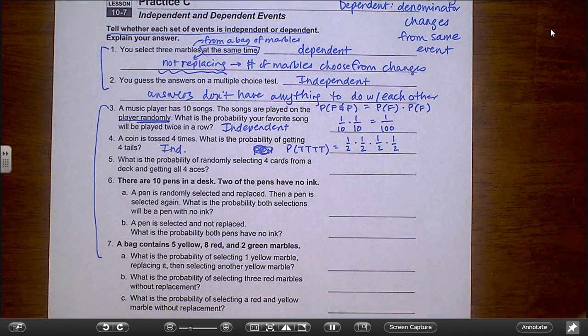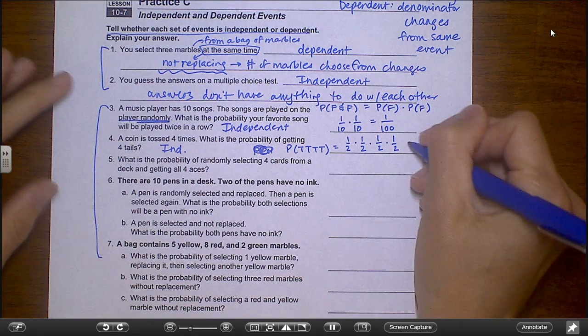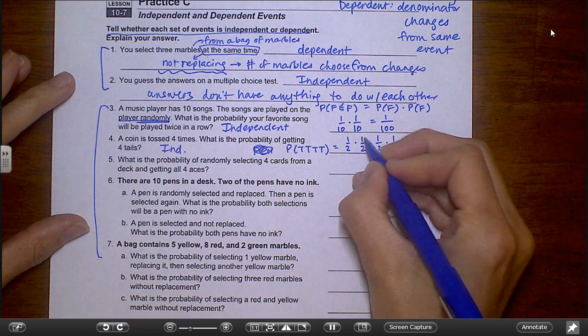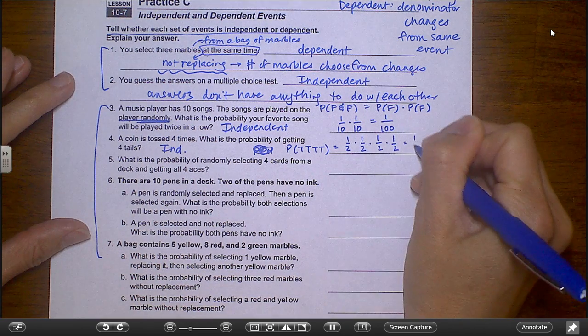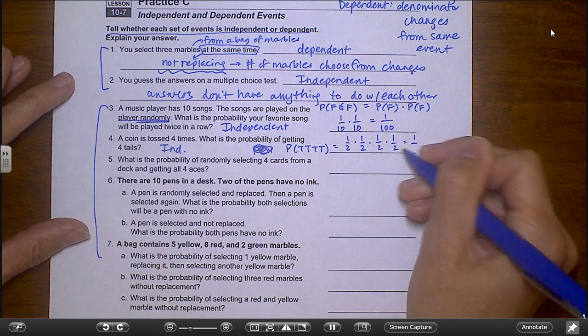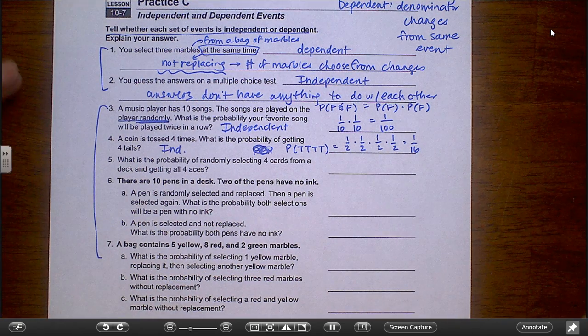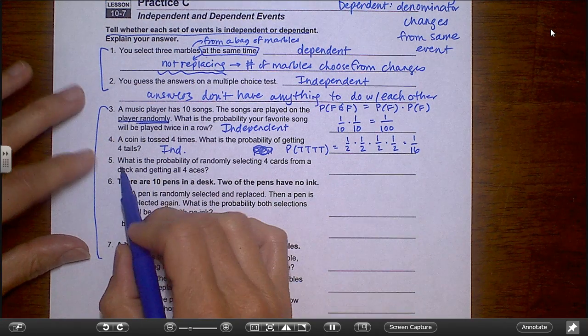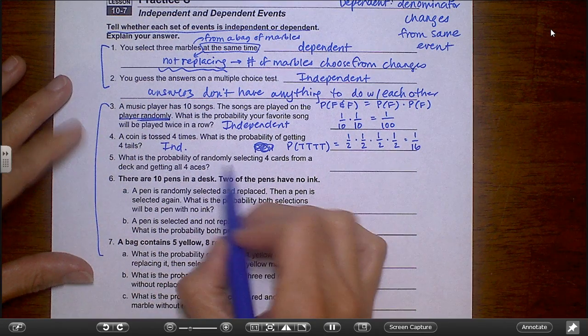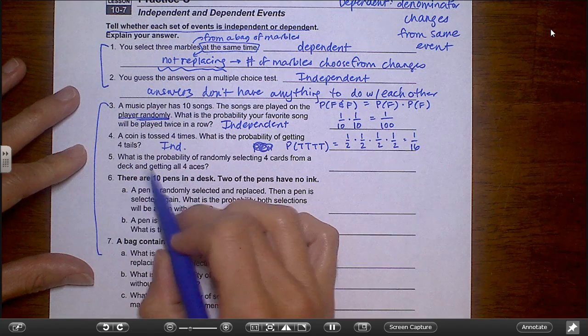Because again, you don't change the coin or the weight of the coin or anything like that based on what happened last time. 1 times 1 times 1 times 1 is still 1. 2 times 2 times 2 times 2, or 2 to the 4th, however you want to write it, is 16. So this is 1/16. What is the probability, number 5, of selecting 4 cards from a random deck and getting